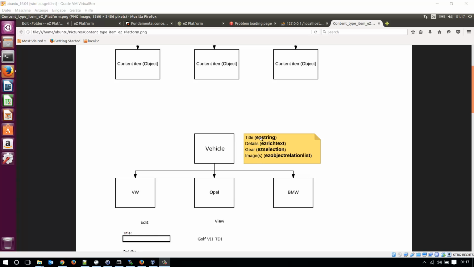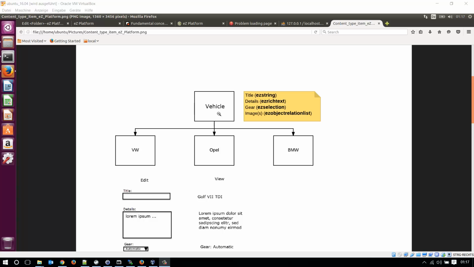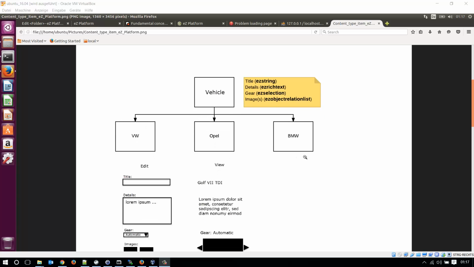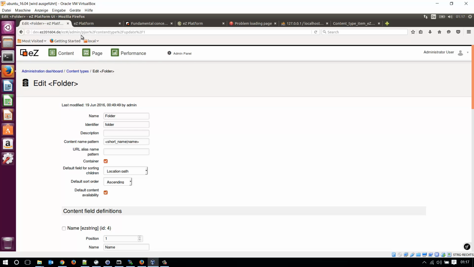The title is just a text line. The details is a rich text. The year will be a selection, and for images, I will use the eZ content relation list. So after creating the content type vehicle, I will create my content items in the content tree for three or more vehicles. So in the content edit, when I create my content item later,